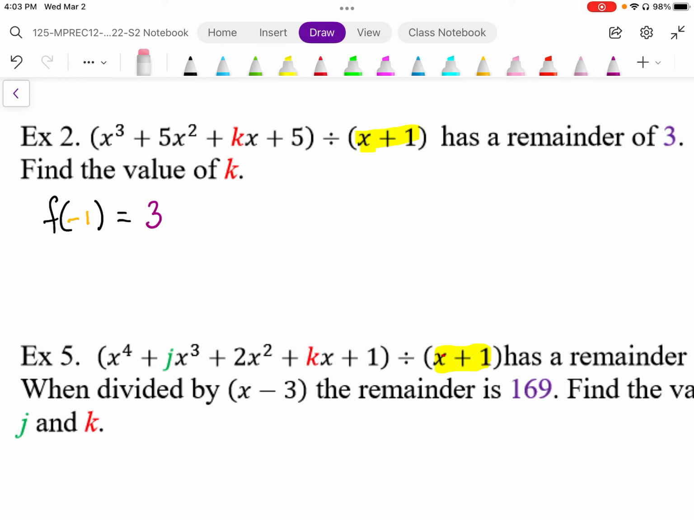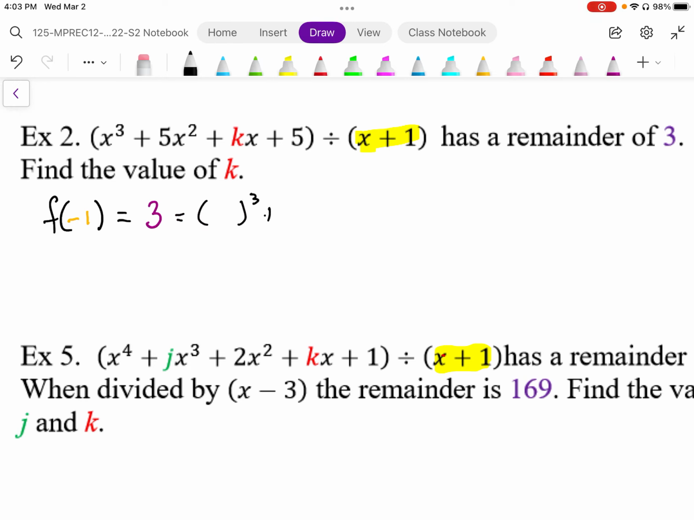What the remainder theorem states is that if I divide by x plus 1, then if I plug -1, the root, into the polynomial function, the answer should be my remainder. So my remainder of 3. So that's what I'm going to do. I'm just going to plug in